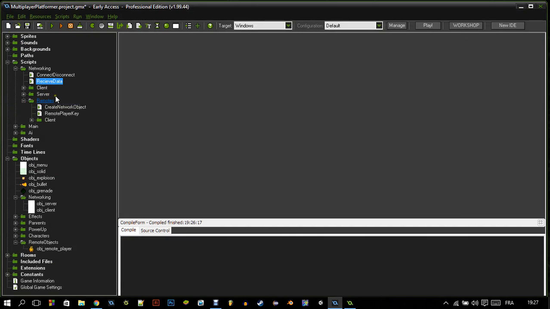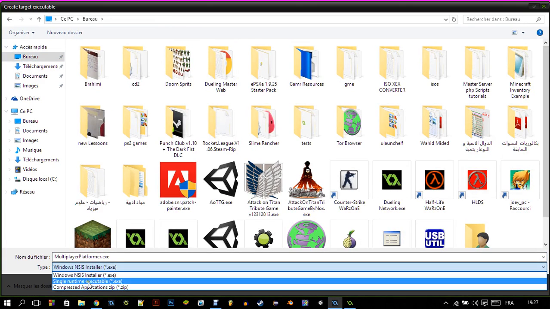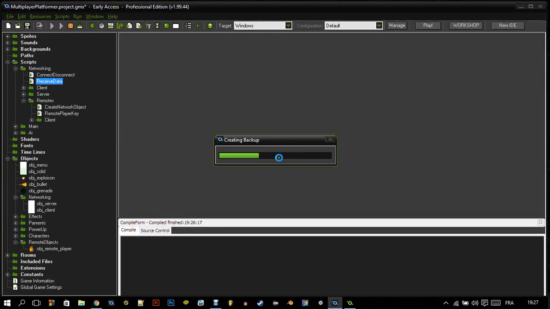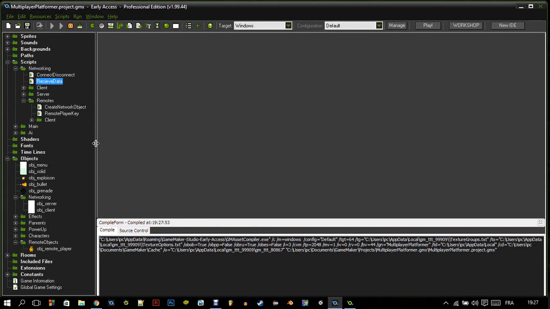So I'm going to create another. This is like the worst thing while creating a multiplayer project. You'll need to extract it more than one time, and